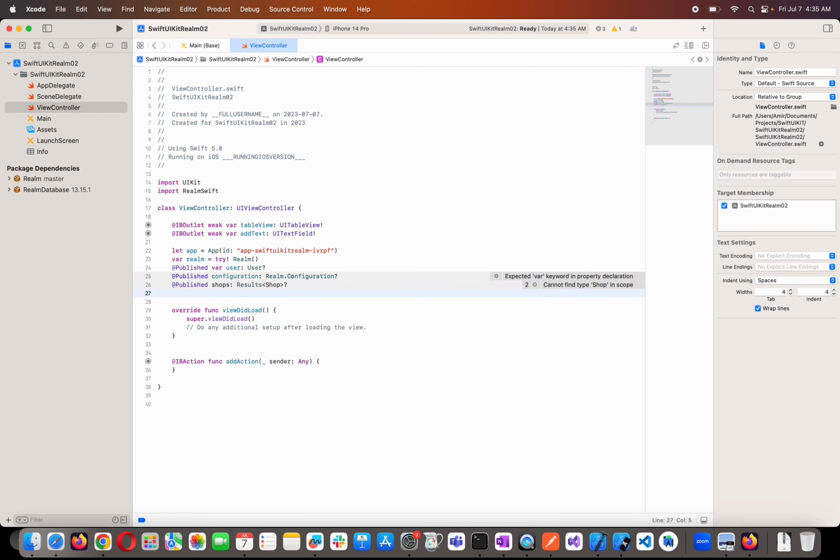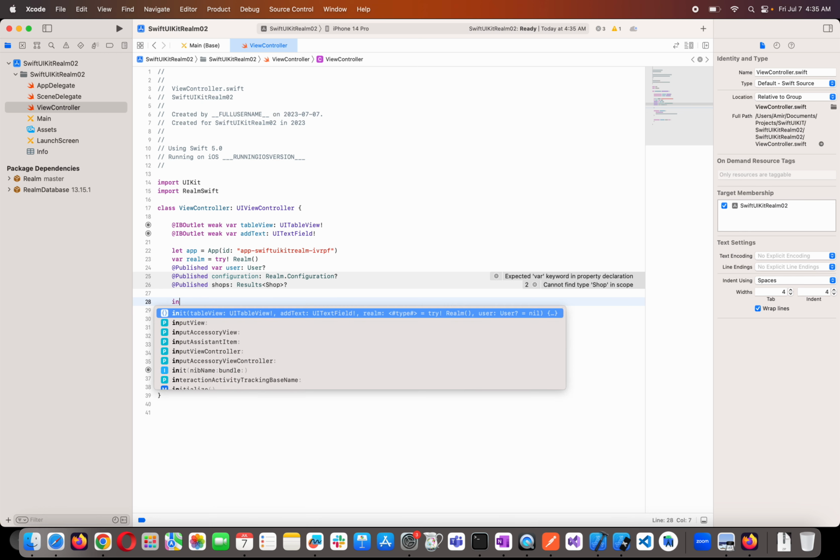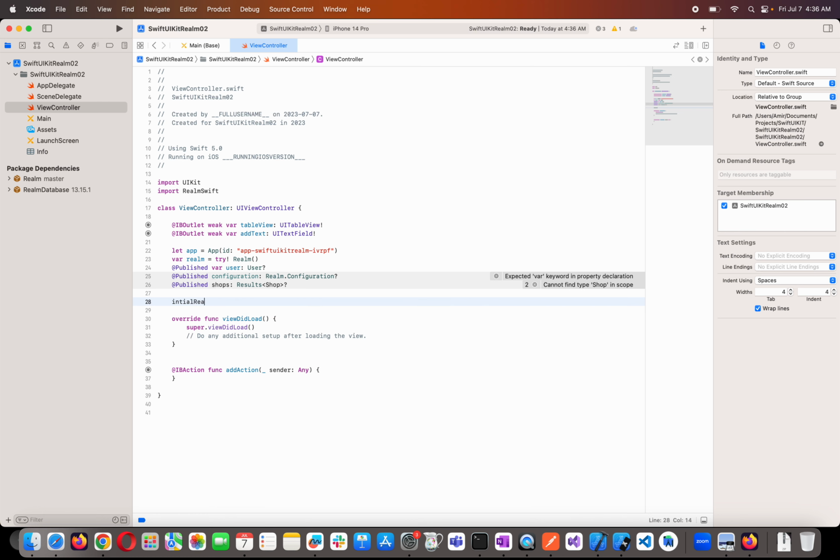We need to create a model for that, which we will do. So I'm going to say an object function. Let me see if I start from initial realm. So that didn't help me, so I just say object function initialRealm async,